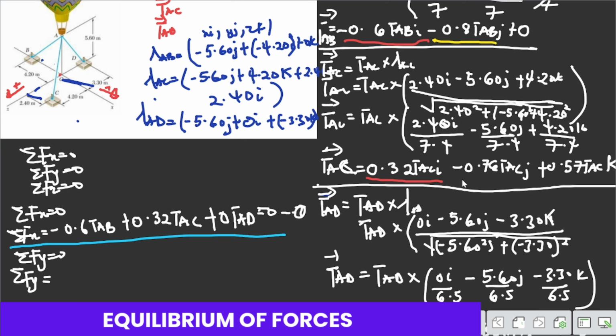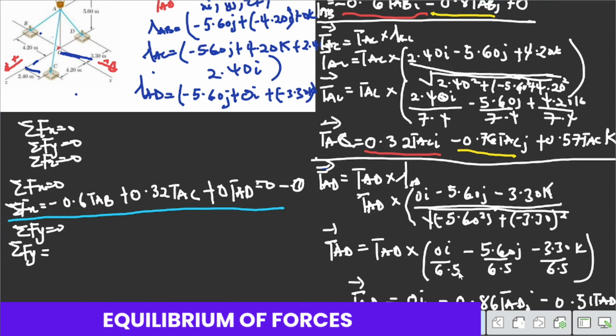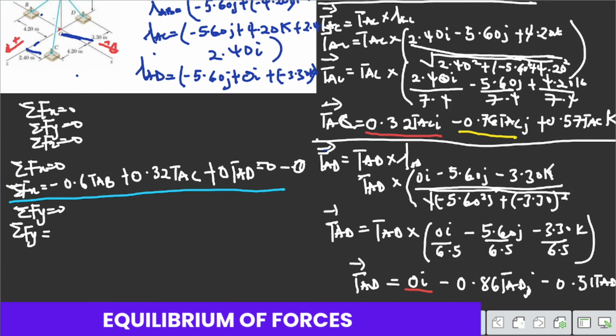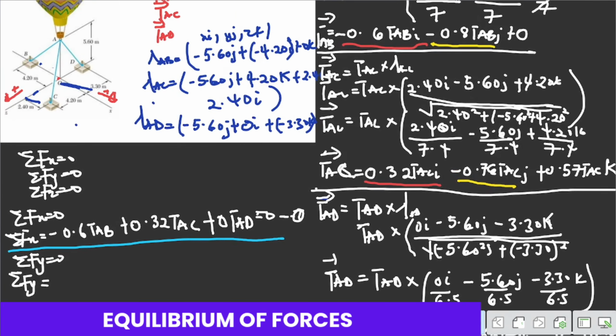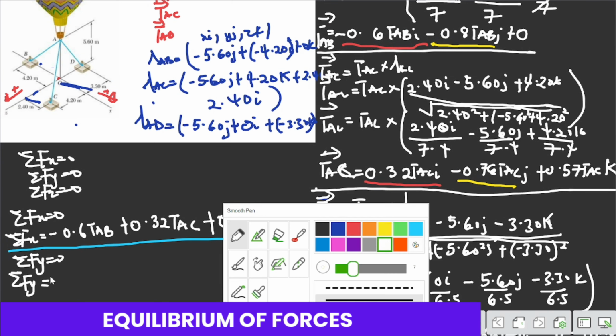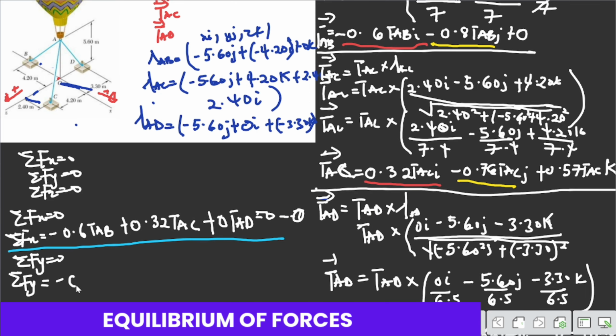For TAC, we have negative 0.76 TAC. Then lastly, we have negative 0.686 TAD. So let's write them together over here. First of all, I can write this one to be FY here. So here is negative 0.8